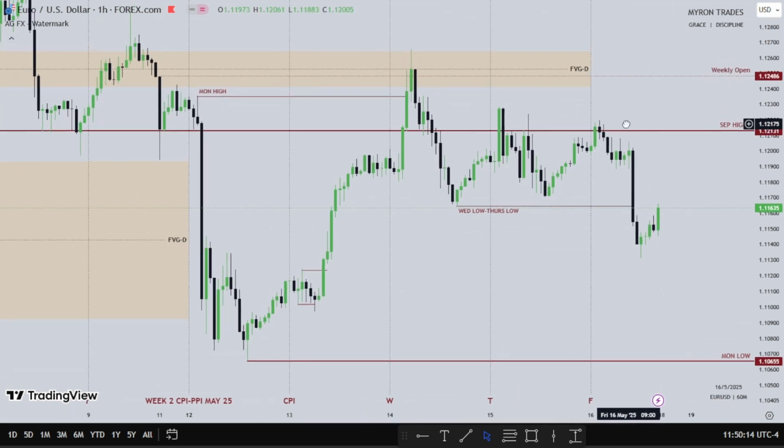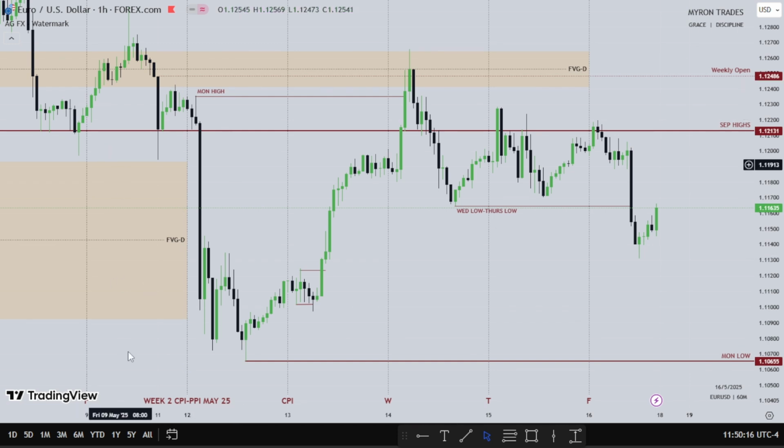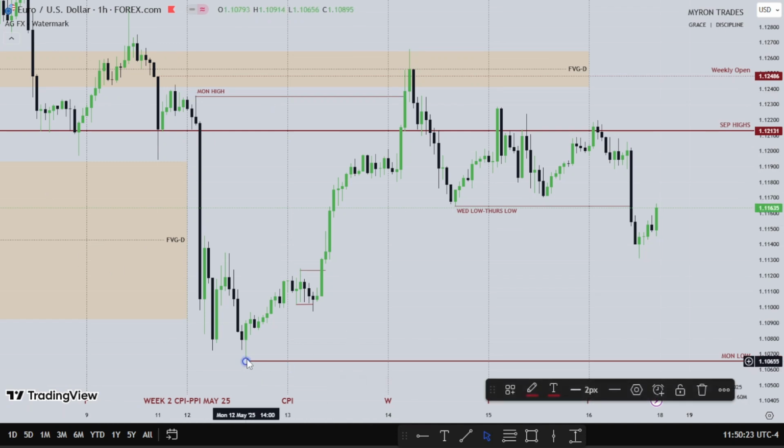Monday trades lower, fills in the fair value gap from the daily time frame, takes out the previous week low, burns everything. Then Tuesday tries to go higher, filling this huge fair value gap left on Monday. Then Wednesday takes out Monday's high, then found support inside the fair value gap from the daily time frame,